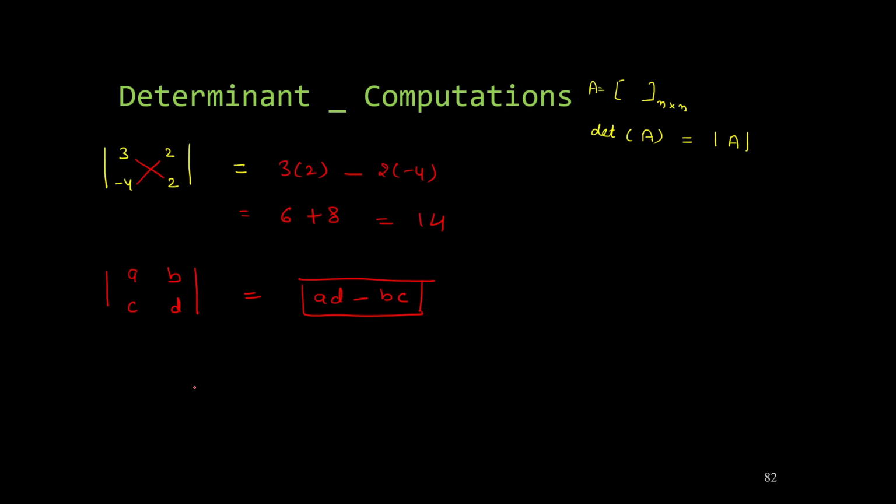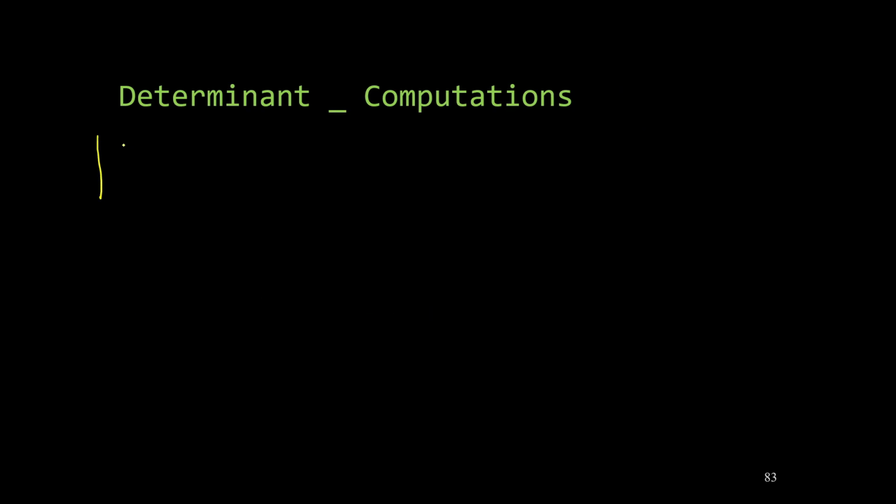Now we'll look at how we compute determinant for a 3 by 3 matrix. So I again write some small matrix here. Suppose this is 1, 2, and let me write 3. This is suppose 1, minus 2. Suppose this is 0. I'm just taking smaller numbers to make the computations quick and easy for the demo purpose. So it is 0, and suppose it is 4. And if we want to find out determinant of this matrix, how we find out?